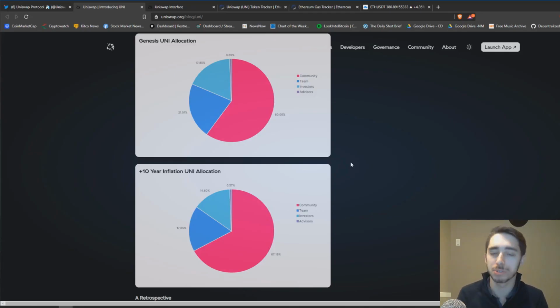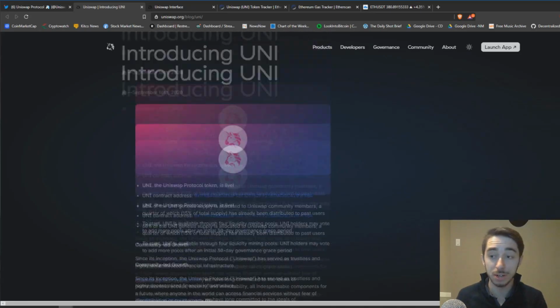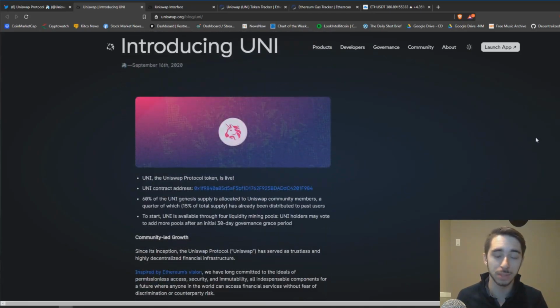This is what Uniswap should have done, and they did a phenomenal job of sticking to it. They didn't decide to just give their team half of the supply or give investors an entire quarter of the supply or more. I really think this was a good step. And this is something you have to consider when you're a long-term holder of these tokens, to know about the distribution in this case, because it is going to change how the price is affected and also how the